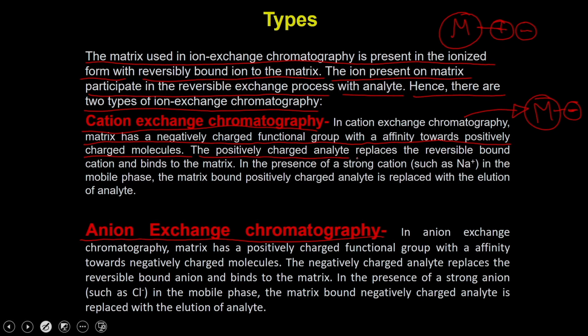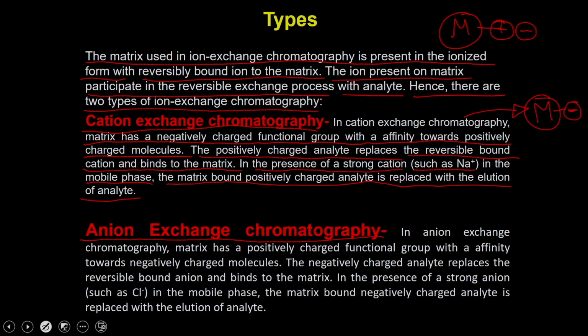The positively charged analyte replaces the reversibly bound cation and binds to the matrix, which means when you flow the positively charged proteins, they displace the reversibly bound cations. Then ultimately you flow a strong cation such as Na plus in the mobile phase, and as a result the matrix bound positively charged analyte, which is the protein, is displaced,